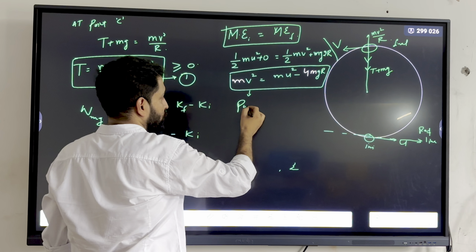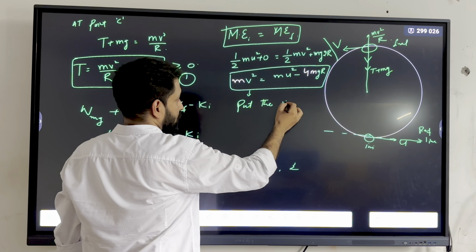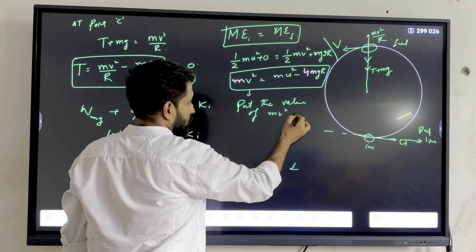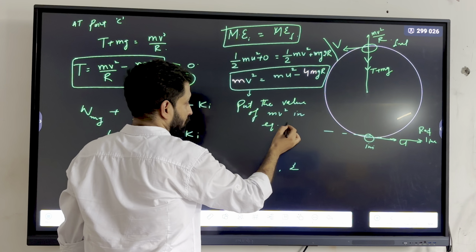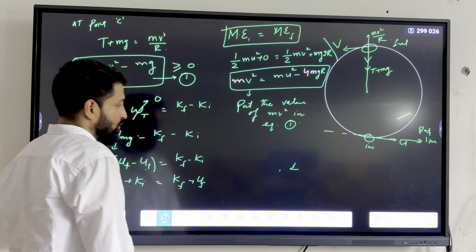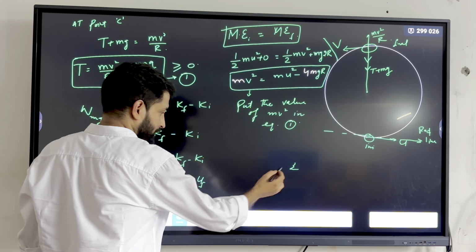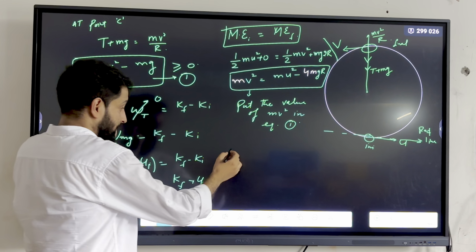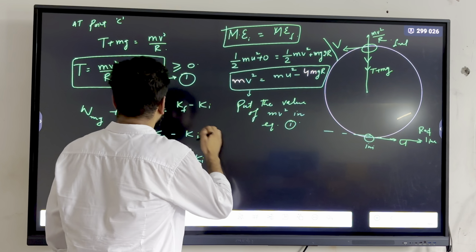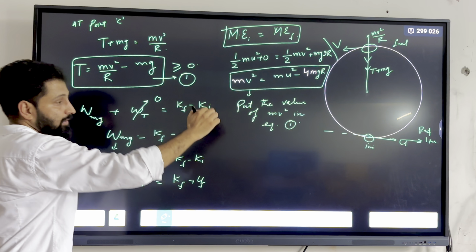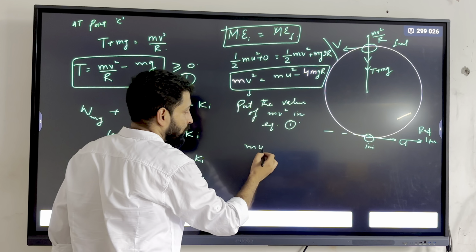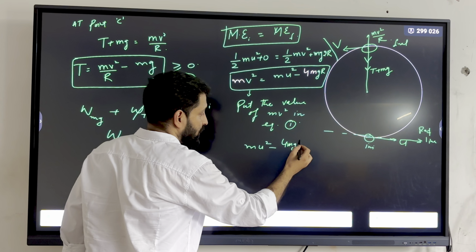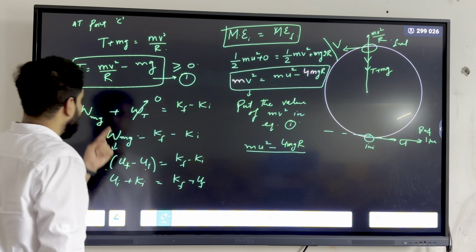So put the value of m v square in equation first. In place of m v square we can write m u square minus 4 m g r, divided by r